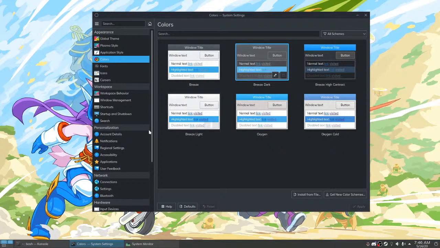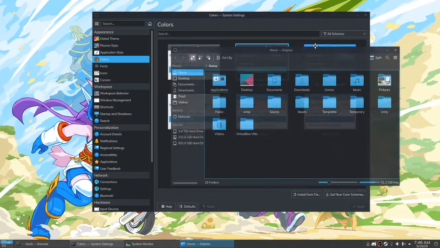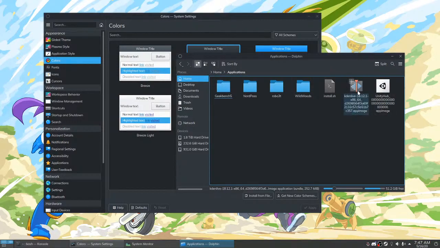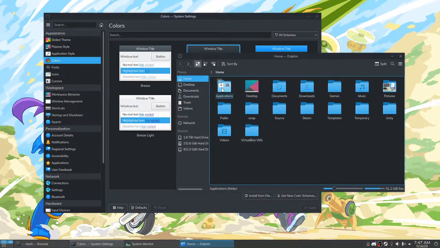The color scheme is Breeze Dark, and the icon scheme is Breeze as well. Look how nice this looks, though. Something I think is really cool is how they overlay thumbnails on top. Look at that. Like, you can't really see what it is, but I love that. That's really cool. It's like, oh, there's two things. Those aren't even pictures. Like, those are just app images that have, what are these? Thumbnails embedded in the metadata. And Dolphin is somehow able to read that and then show you, hey, there's two of these in here. So it's just nice little attention to detail that I like.